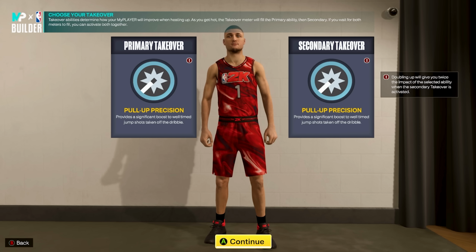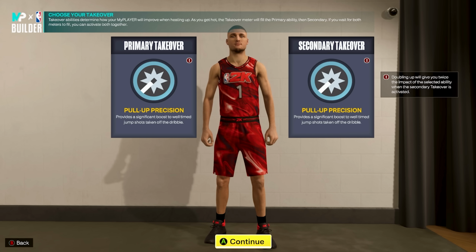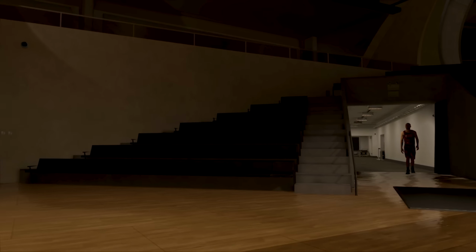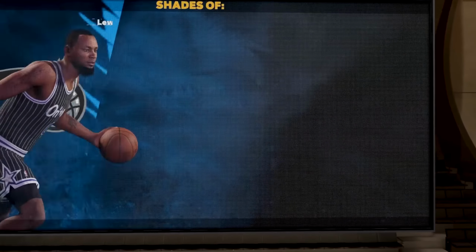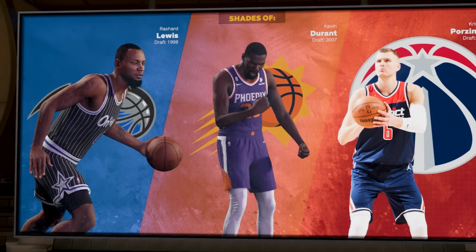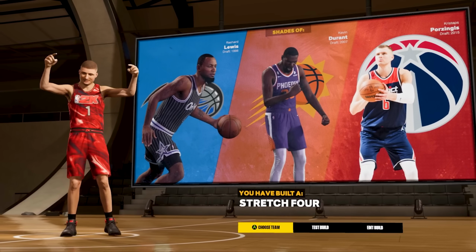You can have infinite combinations of badge and takeover combinations to create whatever stretch big you want. You can break ankles, you could shoot contested fades, you could shoot from half court. It doesn't matter, man. This build can do everything offensively. You're gonna get these player shades, which include Kevin Durant and Kristaps Porzingis, and you're gonna get the build name